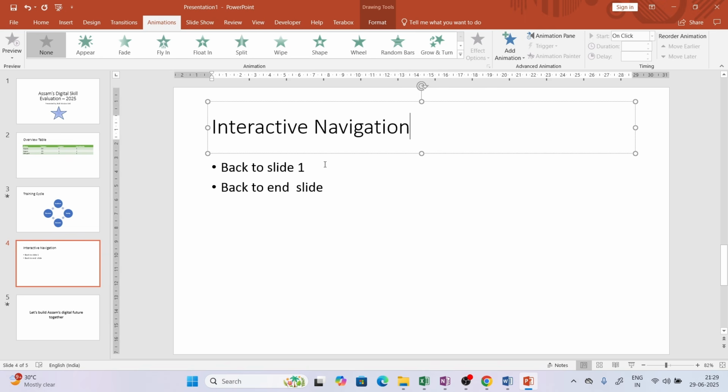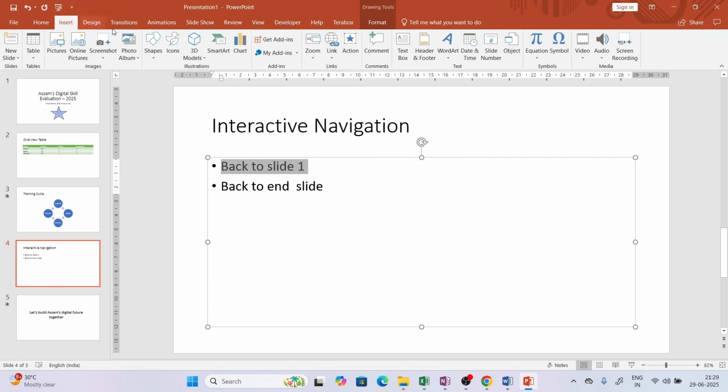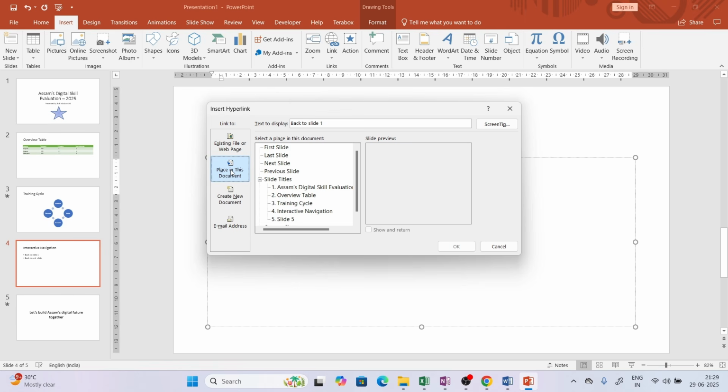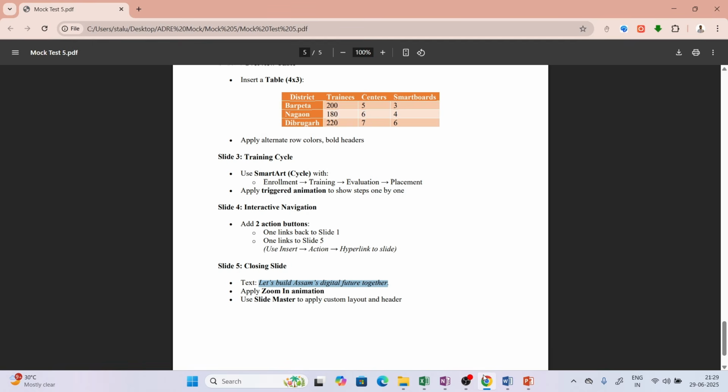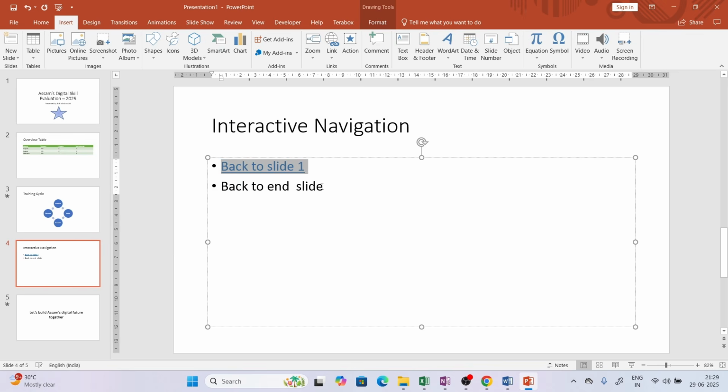So I will simply add a hyperlink. I'll go to insert, from insert I can add a link, insert a link. I want within this document, where I want it to be, first one is slide 1, flower title slide directly, okay, and then this one